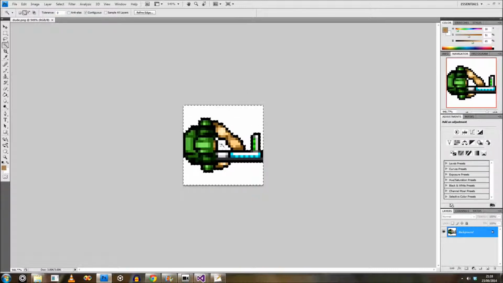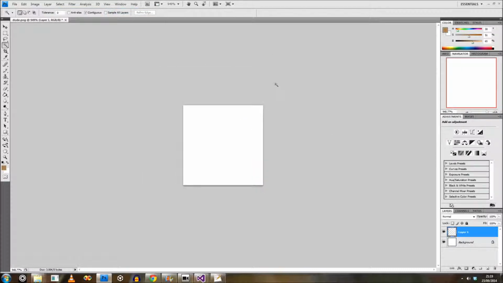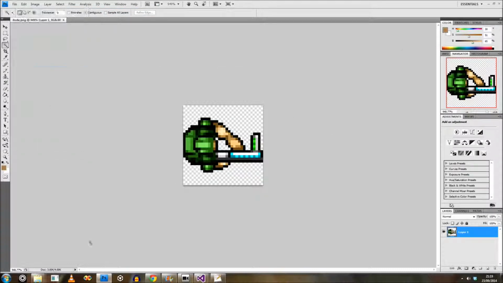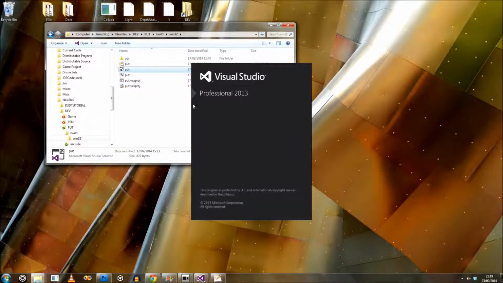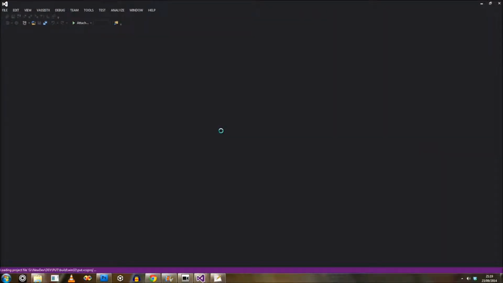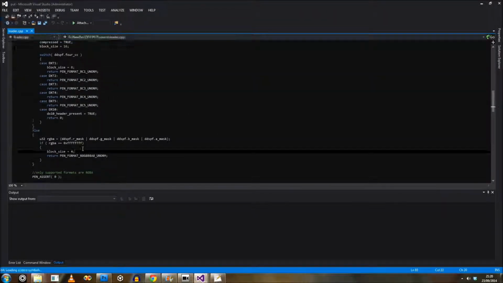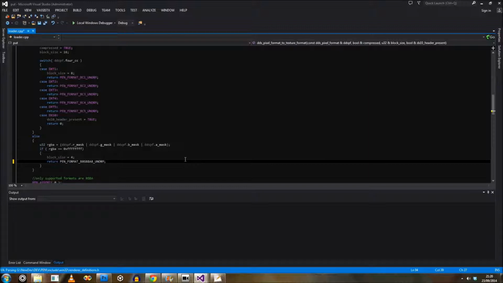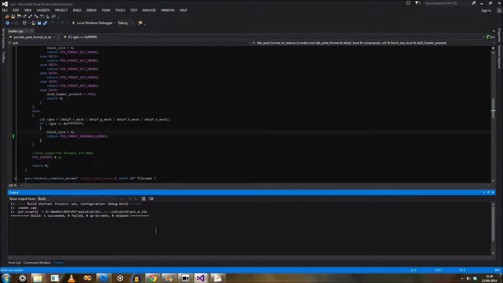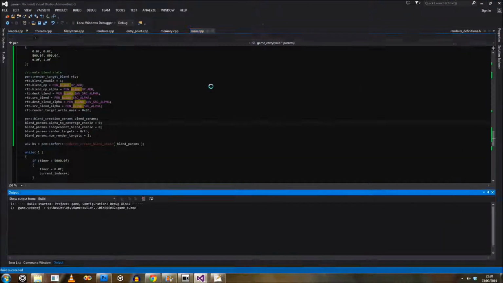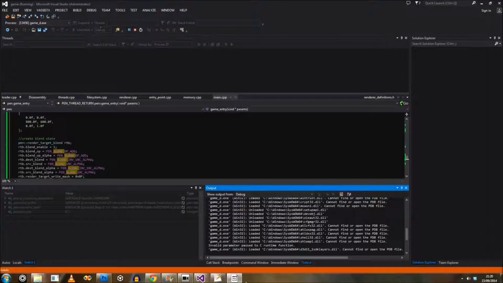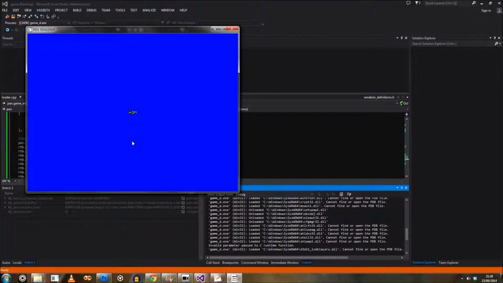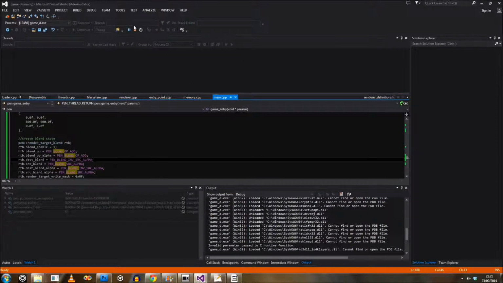So here just putting some alpha into the sprite image, so I can check the blending's working correctly. And also I need to change the texture format from RGBA to BGRA, so it comes out correctly. And blending hasn't worked. Hadn't built textures, and there we go. So I've got a